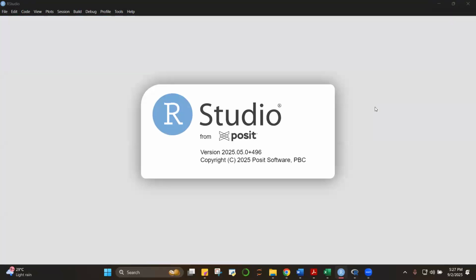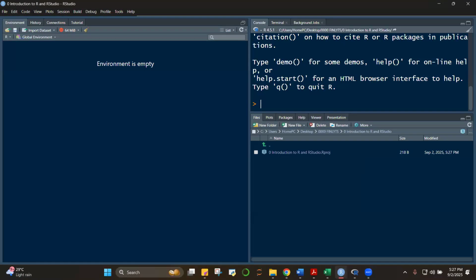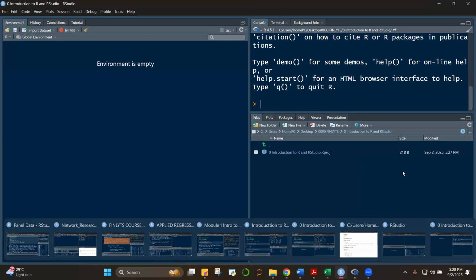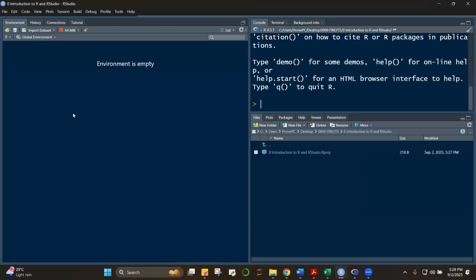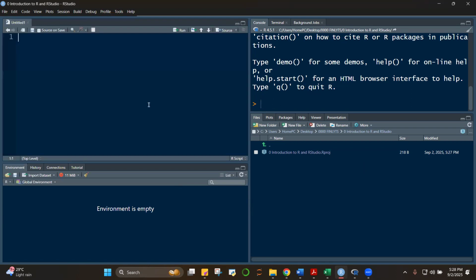Okay, there you go. So let's wait. A new instance of R Studio will open. But there will be something different about this as compared to the first one that you opened. Remember a while ago I asked you to open a new R Studio. So take note. On the upper left hand, you can see that there is this name,